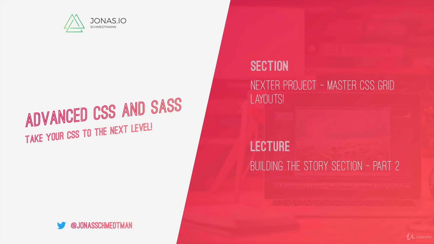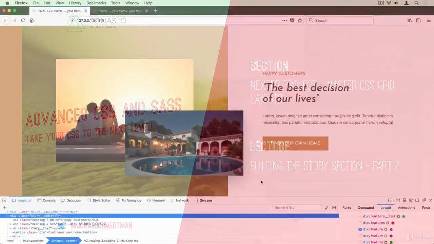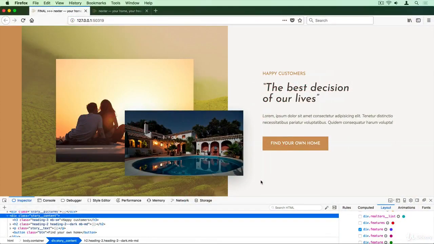This is the second part of building the story section. So let's continue. And again, this is how it looks. So we have this background image in the back, of course. And then we have these 2 images here. This one kind of in the center with this couple that supposedly just built a new house for themselves, which is this one. And so this one is on top, and it actually also overlaps a bit of this part of the section